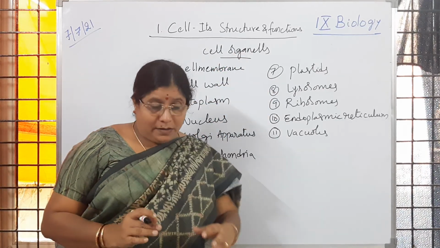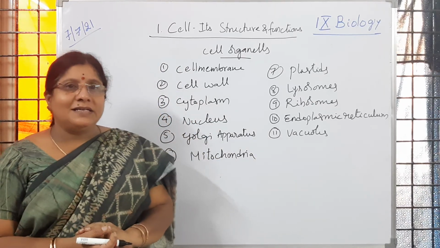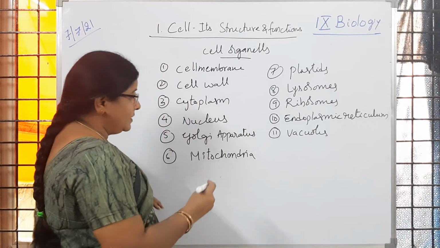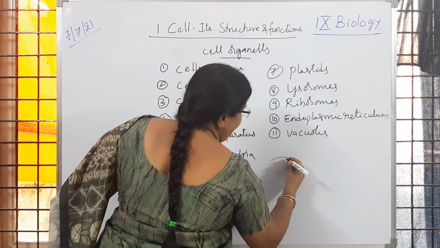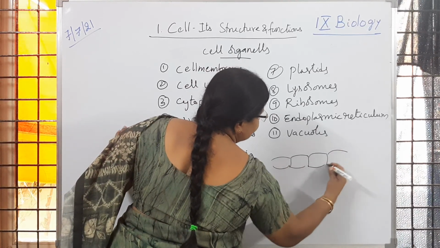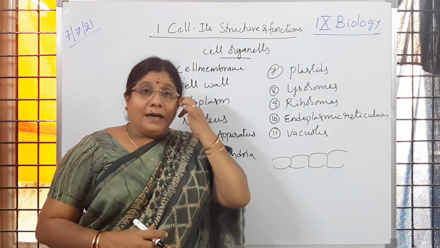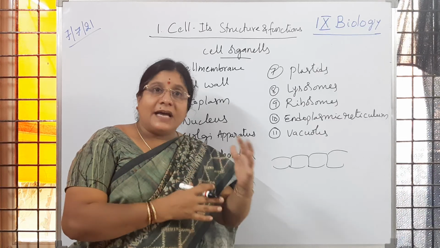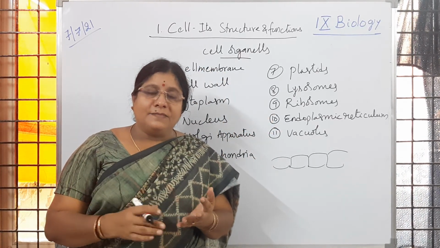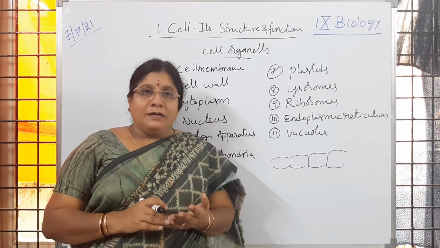Then the next content you are learning: are cells flat? If you see in the book, if I draw the diagram of onion peel cells which are observed, they will be seen there like that. So we feel that they are said to be flat. But if we observe the size of the organelles and the shape of the cells, it is different.